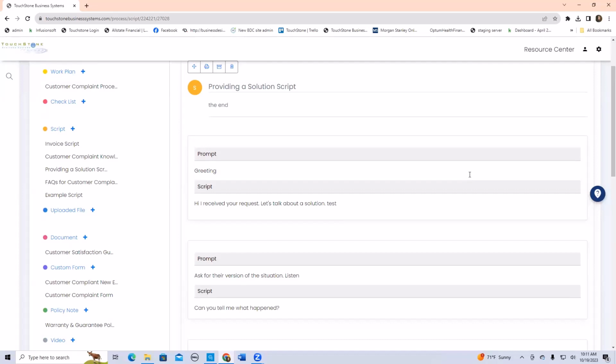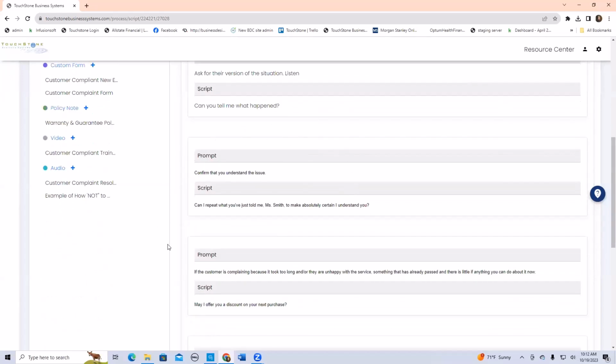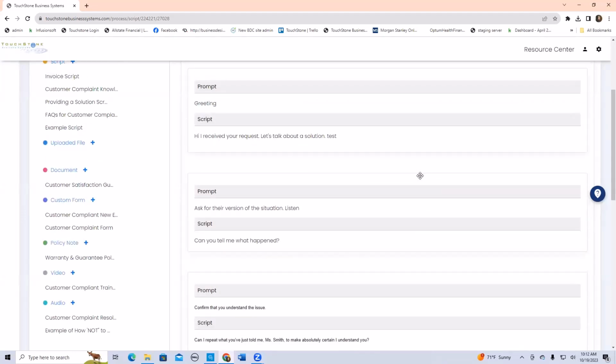That definitely happens, because not every conversation is the same. But when you have a script like this and the person saying it knows the end result, or knows that in this particular section they need to confirm they understand the issue, then that can pull the customer back to the conversation that you're intending to have. So people go off in weird directions, but my job as the employee is to pull them back to get to this next point where I'm sure I understand what their complaint is. So the script itself can be a tool that's used by the employee to get them back to the end